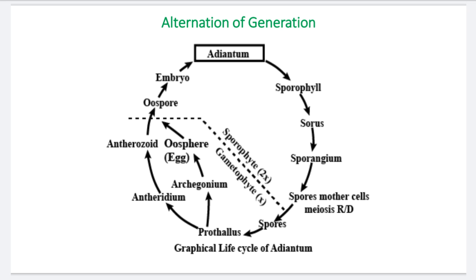The sporangium contains the spore mother cells. They are basically diploid in nature, and these spore mother cells go through reduction division, meiosis. In this way, many haploid spores are developed in the sporangium. At maturity, the sporangium ruptures and spores are released, and these spores are dispersed through different vectors. When they settle on a suitable substratum under favorable conditions, they start germination. After the germination of the spores, the prothallus, the gametophytic plant body, develops.